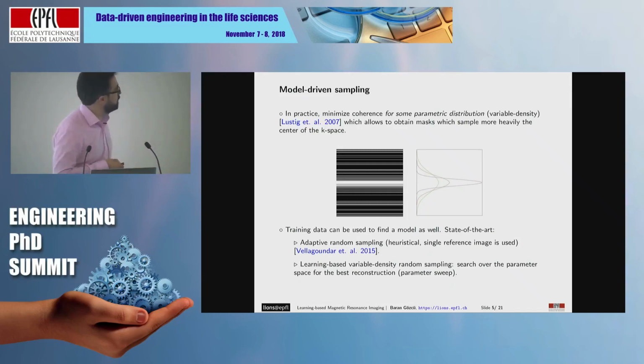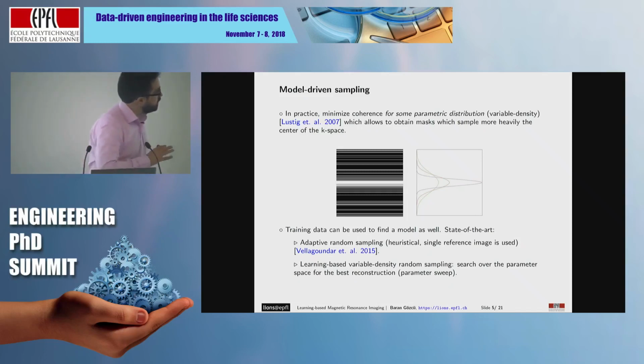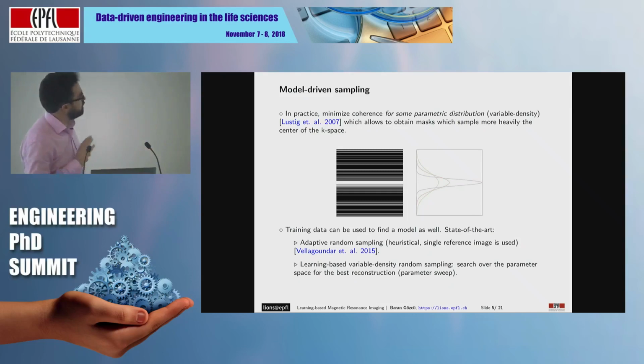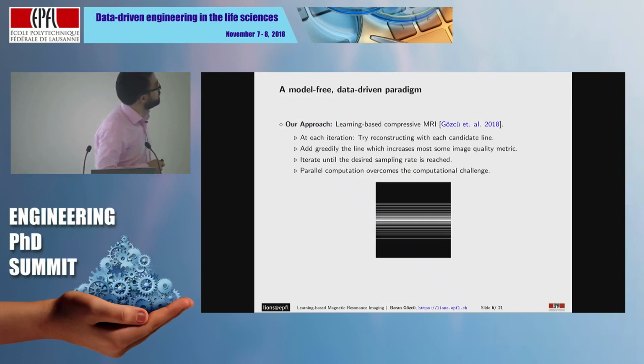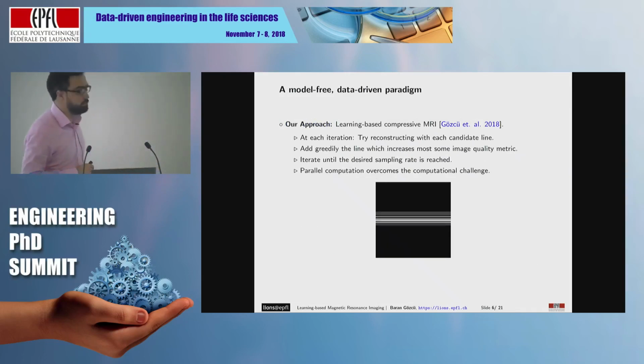This is one method. Other methods, for example, can use some reference images to obtain this probability distribution function, or one can simply do a parameter sweep to try many probability distribution functions and choose the masks that give the best performance. But in all of these cases, there is a probabilistic model, and what we propose is that we will not